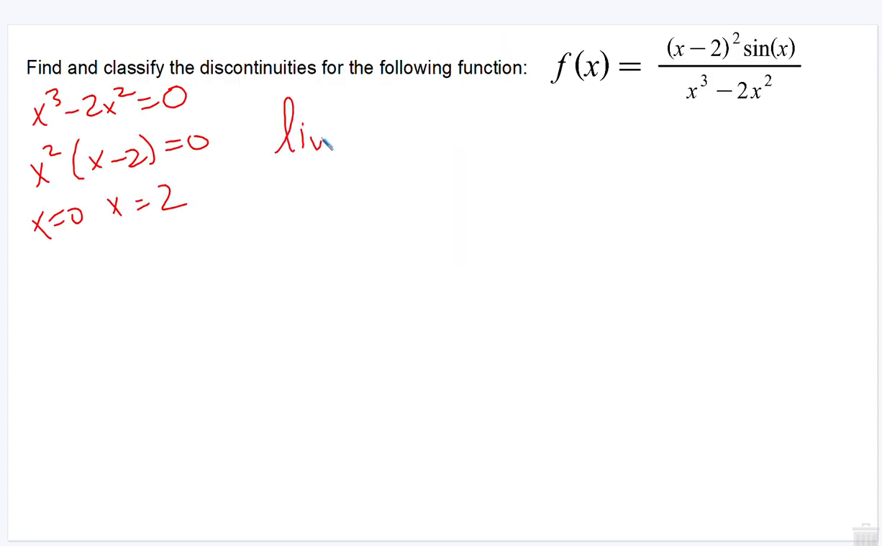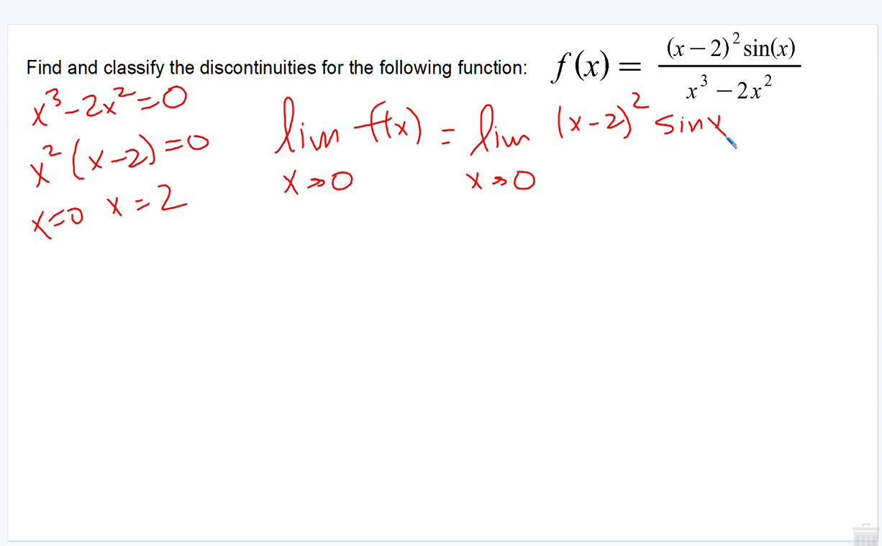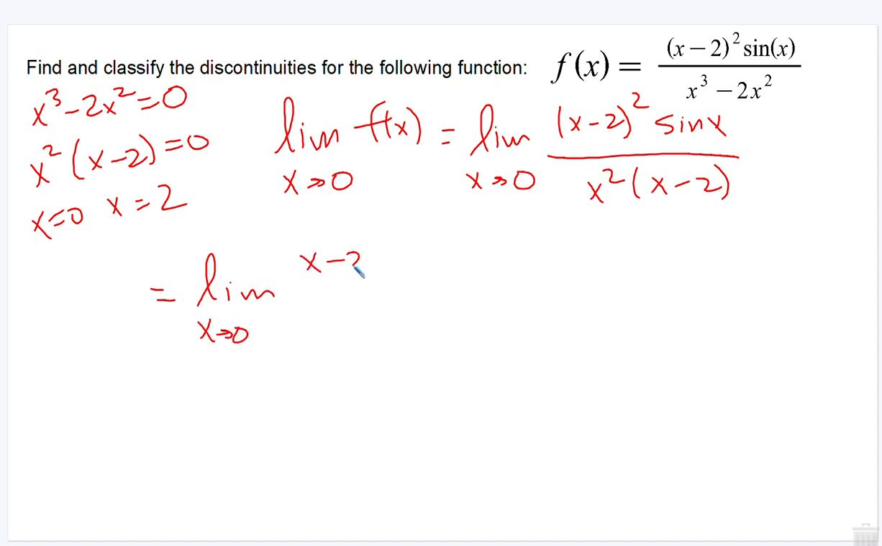So if we do our limit as x approaches 0 of f of x, that's the same as the limit as x approaches 0 of, well, it's x minus 2 squared times sine x over x squared times x minus 2 if I factor that denominator. And I can then cancel out an x minus 2 over an x minus 2 because x isn't 2. So we'll say this is equal to the limit as x approaches 0 of x minus 2 times sine x over